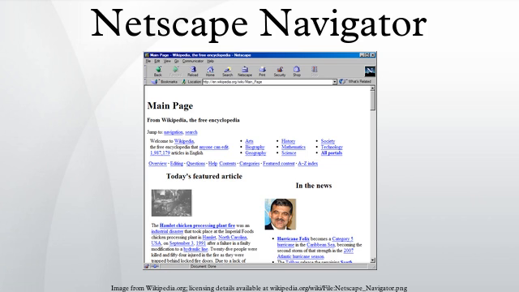Netscape Navigator was a proprietary web browser. It was the flagship product of the Netscape Communications Corporation and was the dominant web browser in terms of usage share in the 1990s, but by 2002 its usage had almost disappeared. This was primarily due to the increased usage of Microsoft's Internet Explorer web browser software, and partly because the Netscape Corporation did not sustain Netscape Navigator's technical innovation after the late 1990s.